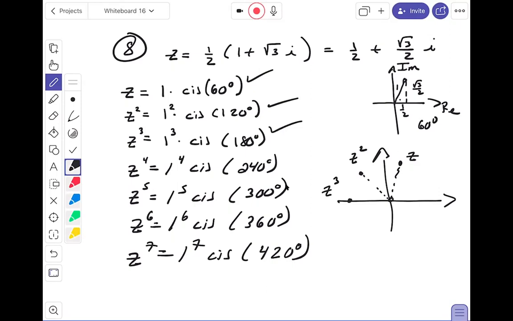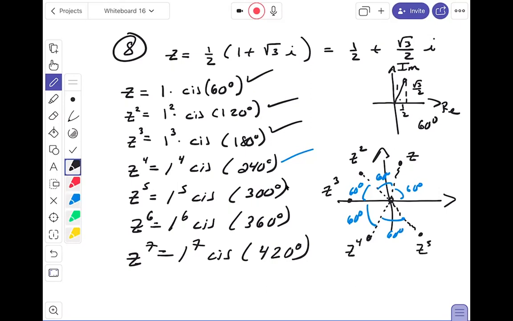240. Again, maybe I'm not over here somewhere. Another 60. They're all spaced 60. Let me just make sure I understand what I'm doing over here. This is 60 degrees. This is 60 degrees. This is 60 degrees. This is 60 degrees. Well, that's not so bad. I've got to go 300 now. Oops, I've got a black pen out. And again, I want to put the spacing in here at 60 degrees. They're going up by 60. And this is going to be what? z4,